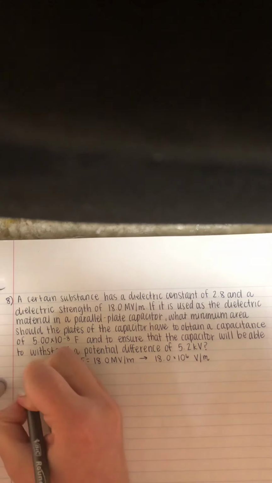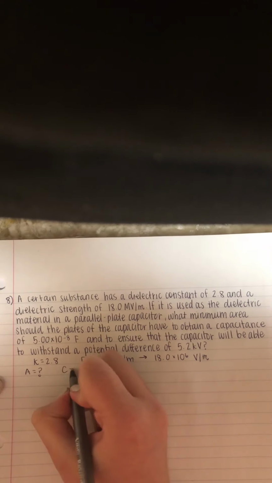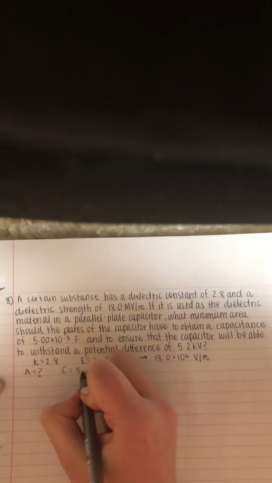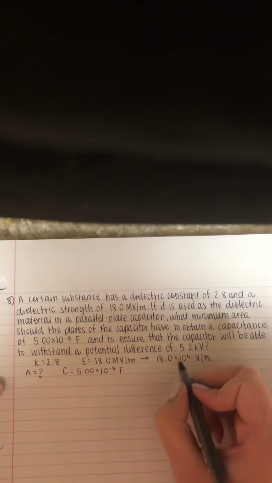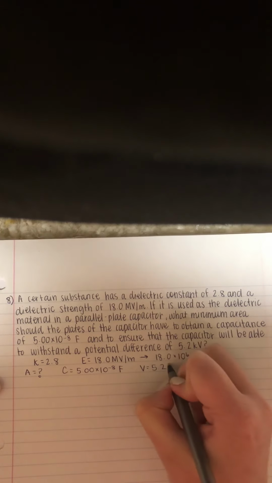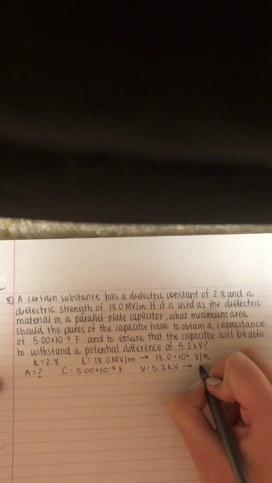We're looking for A when the capacitance, which is C, is 5 times 10 to the negative 8 farads, and to ensure that the potential difference, which is V, will be 5.2 kilovolts, which I'm also just going to go ahead and convert to 5,200